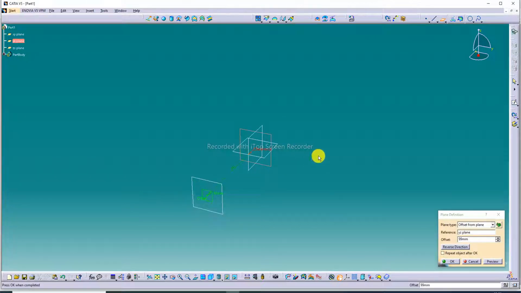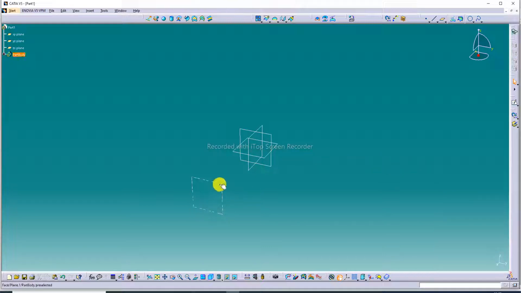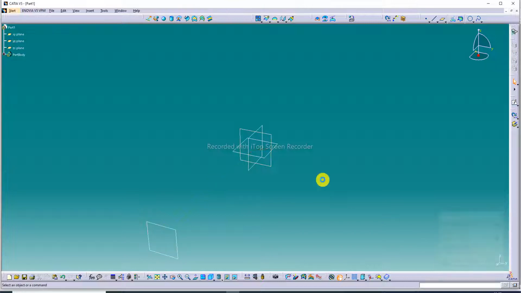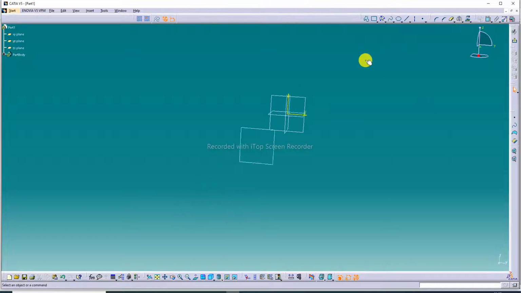This is correct, and two planes is nice, but the distance is more. This is correct. This is perfect. And then draw the first sketch, click here, a sketch,